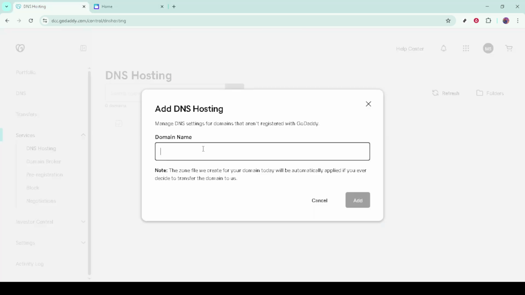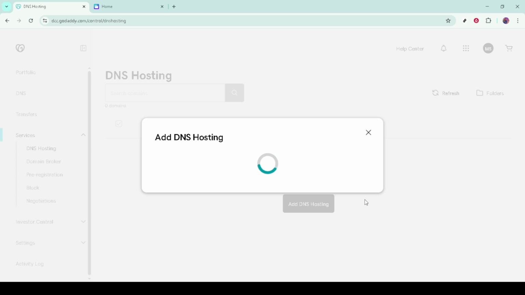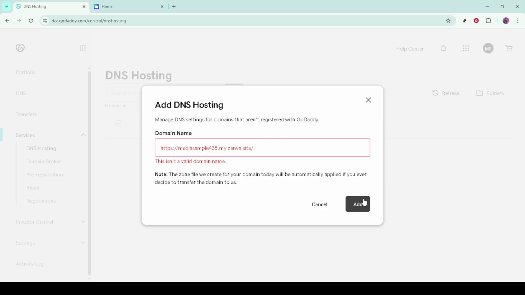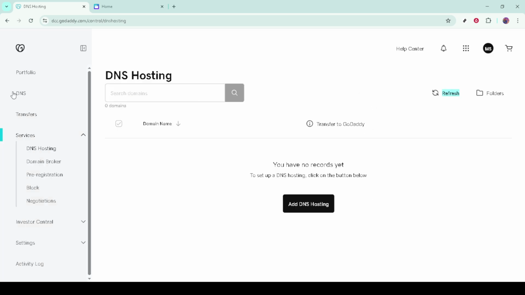Then return to Canva and click Continue, followed by Connect. Canva will check for the records and, once found, start finalizing the connection. DNS updates aren't instant everywhere. While it often completes in a few minutes to a few hours, full propagation can take up to 48 to